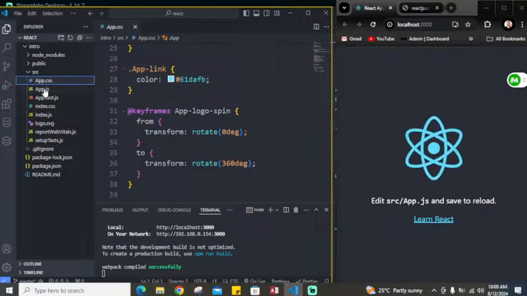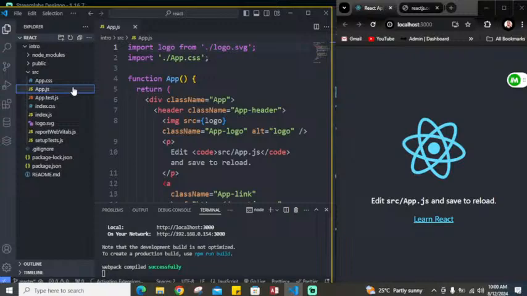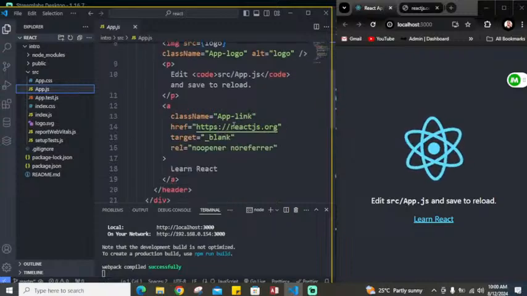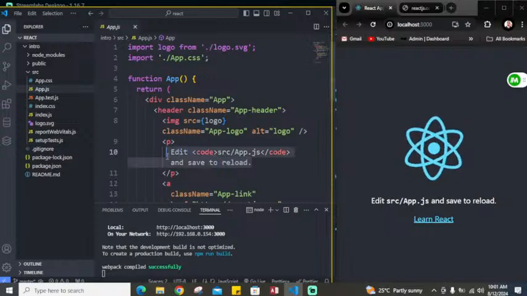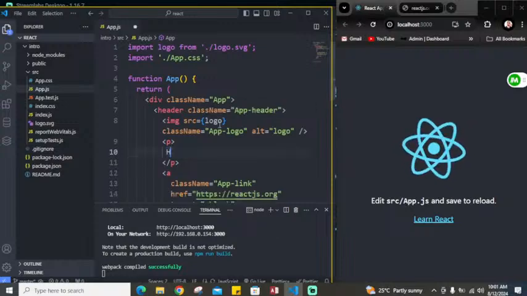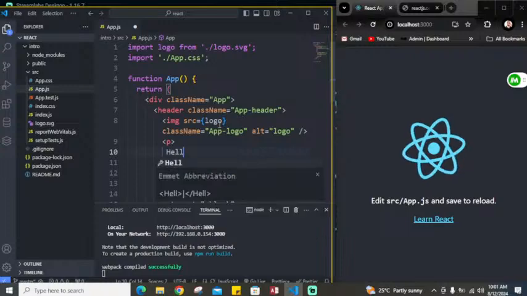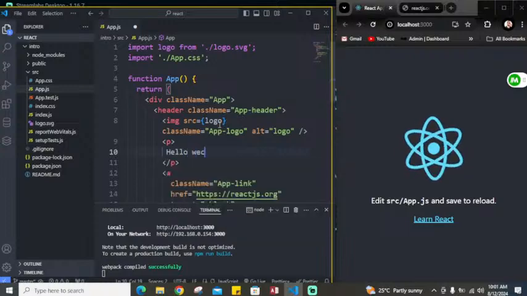Then you see this file called App.js. Now, this App.js is actually what we call a component, because we said in our previous class that React is built in components. Now look at, for instance, if I want to change something, let's say I say hello, welcome